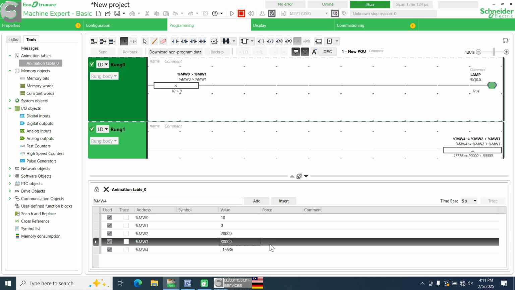Okay. So what happened? You key in MW2, MW3, and the result goes to MW4: MW2 plus MW3. So how much did you key in? 20,000 plus 30,000. We are supposed to get 50,000, but I get negative 15,115. Why? The first reason is